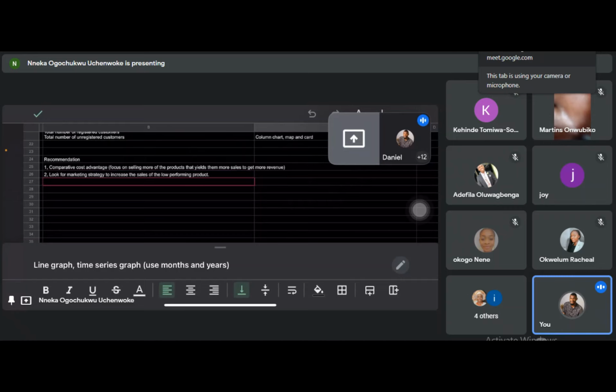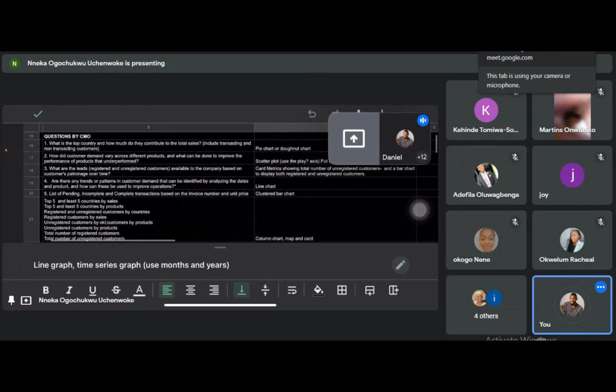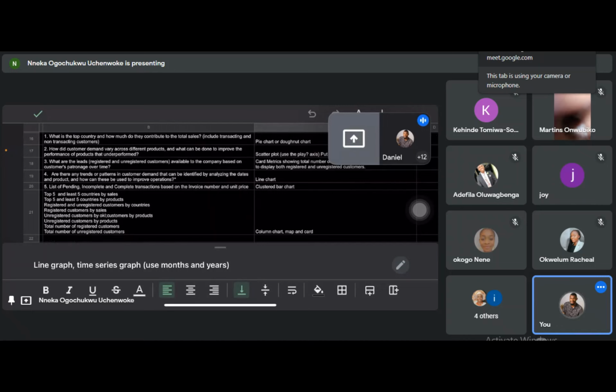Perfect. You can also use gradients. Just turn it and switch it any way you want, but make sure the color is consistent. So when you group the column by registered and non-registered, you then put in the total sales from registered and the total sales from non-registered. Just put it on top of the bar, or you make a duplicate bar and do that separately. Then